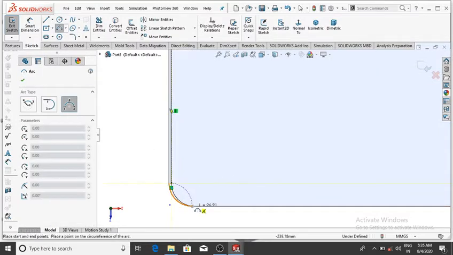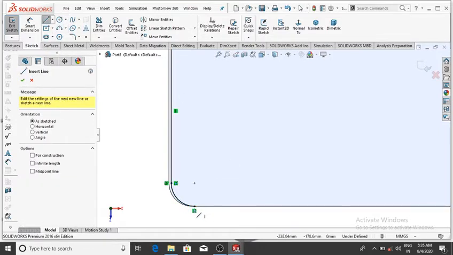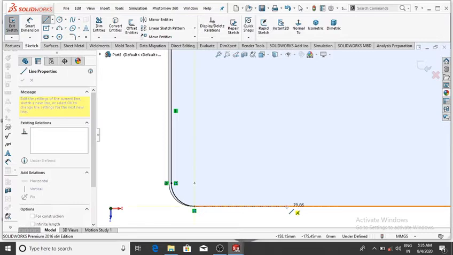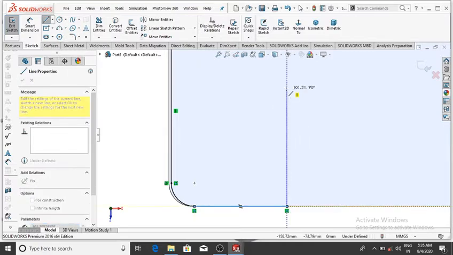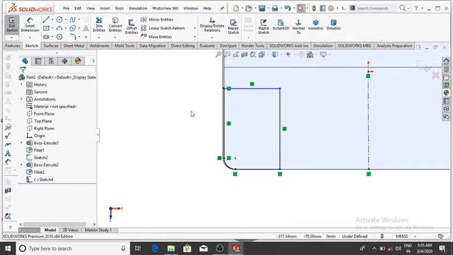select 3-point arc from this point to this point up to this, and make the line up to this and select from this point.